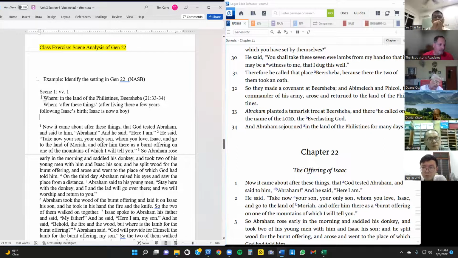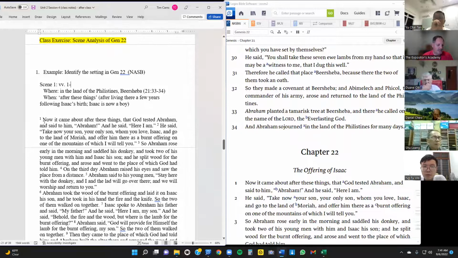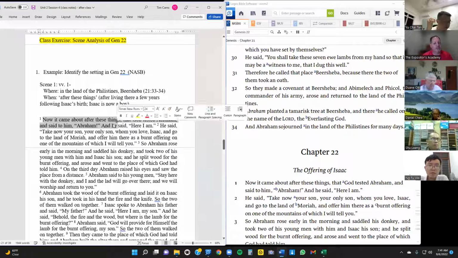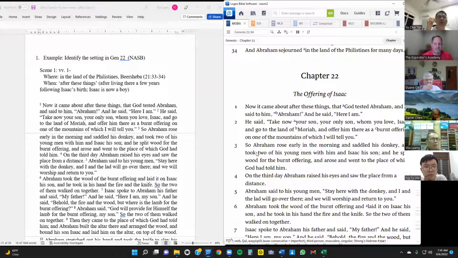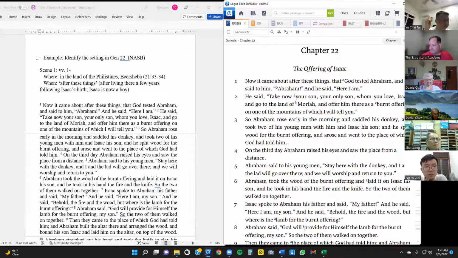Now, how far does this scene go? When is there a change in time or place? So that's the opening here. God speaks to Abraham. Can anybody identify where the next scene begins? So verse 3,